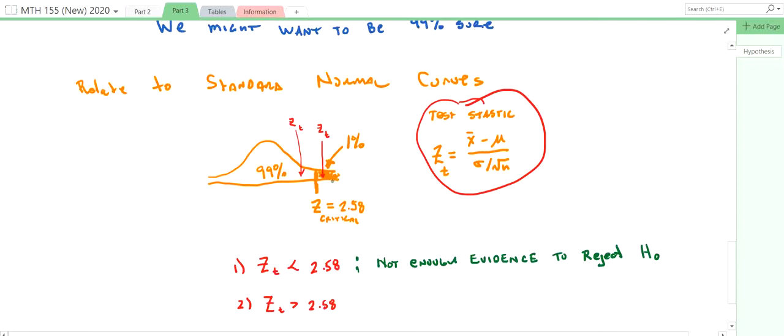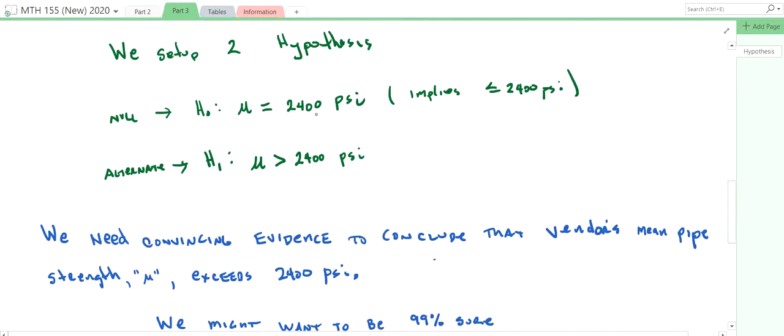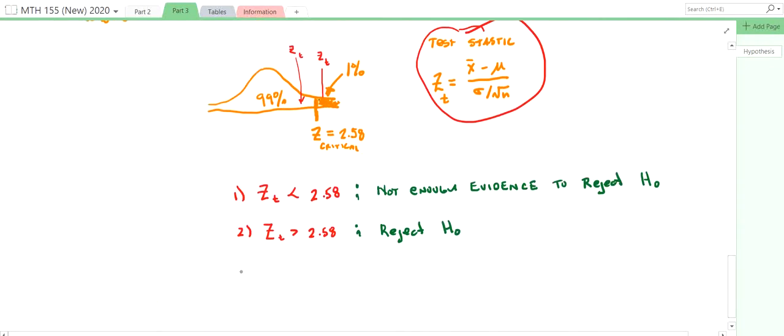On the other hand, if z ends up greater or inside this critical region, then we actually reject the null hypothesis. Now, when we reject the null hypothesis, the null hypothesis was that the population mean was essentially less than or equal to 2,400 or equal to 2,400. If we reject that idea, then the other case must be true. So, if we reject the null hypothesis, then we could say